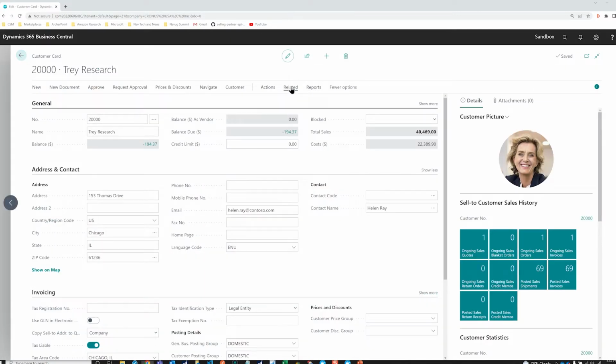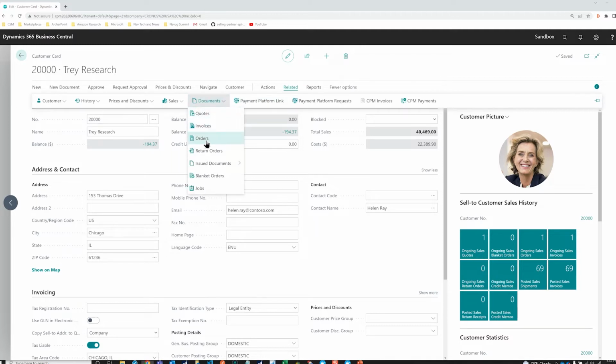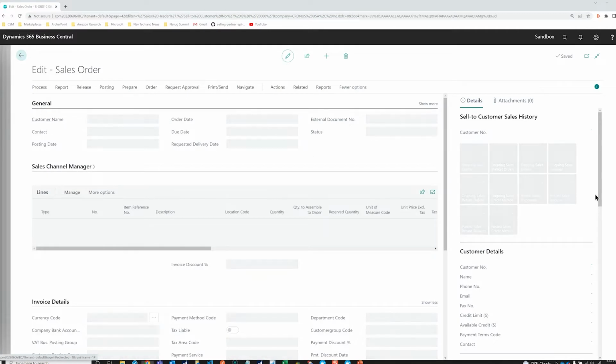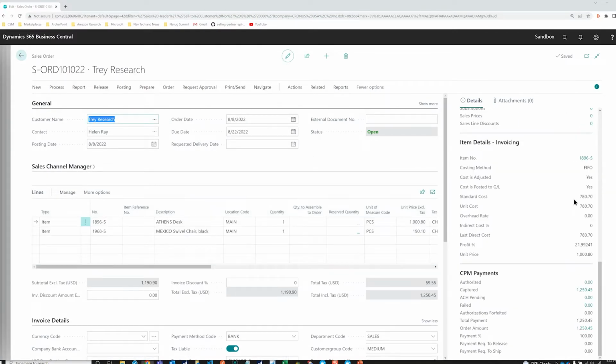So let's go back to our orders and look at the one that we just took the payment for. We also have a fact box down at the bottom here that shows that we have a captured payment against the sales order of $1250, and we can navigate to the underlying data that payment represents. But let's start by